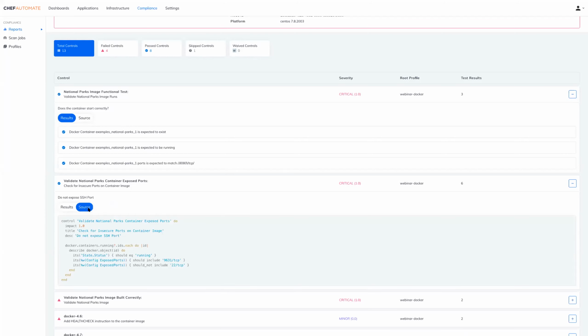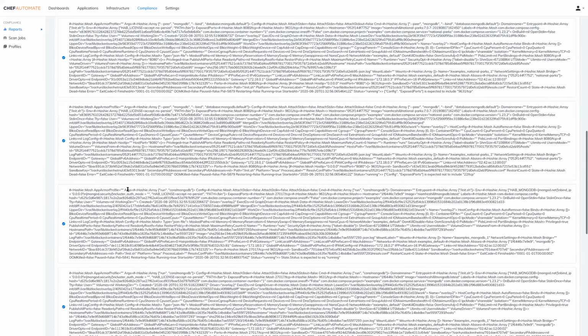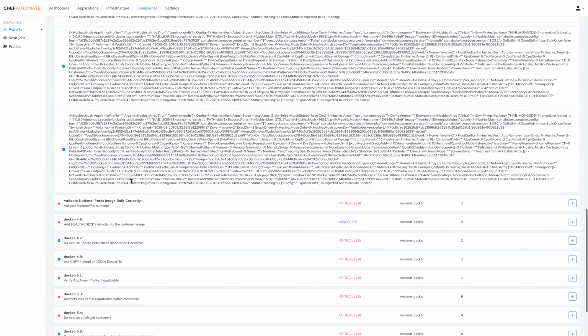But if we look at the source, what I'm doing is exactly that example that I checked, which was: what are my configured exposed ports? It should include 9631, it should not include 22. So if you go down here and look at the results, it's basically saying that yes, I passed all of those